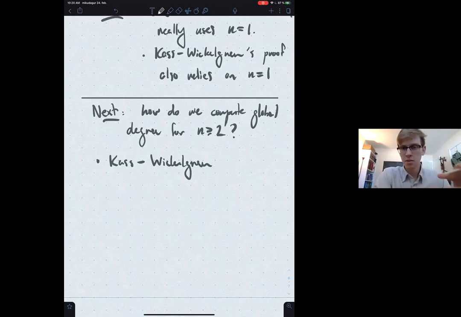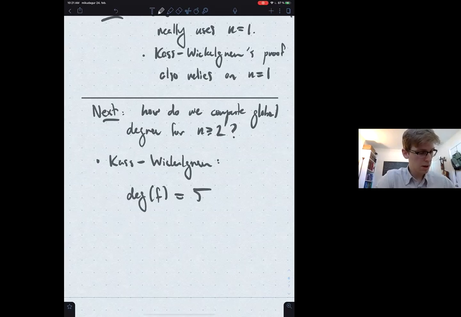So back to computing the global degree more generally, in an algebraic topology course, if you want to compute the degree of a map, you can compute it locally. You can look at the map at a regular point, or compute a regular value decomposition of your map, and then just compute these local degrees. And this is a classic thing that you would do in a first course in algebraic topology in graduate school or something. And so the idea was to take that same approach. You want to compute the global degree by expressing it as a sum of local degrees.